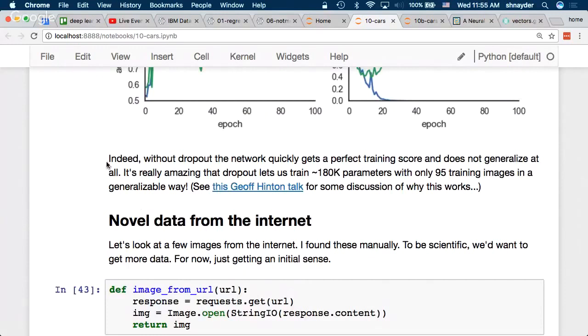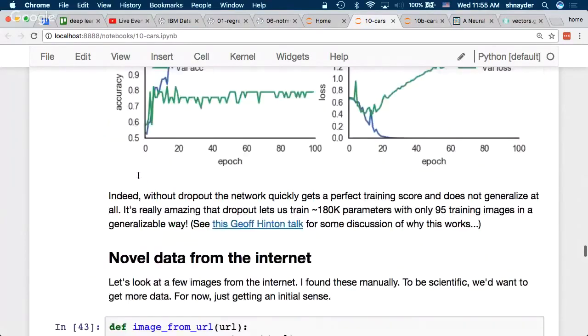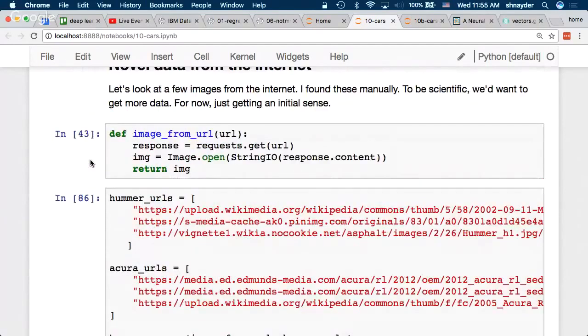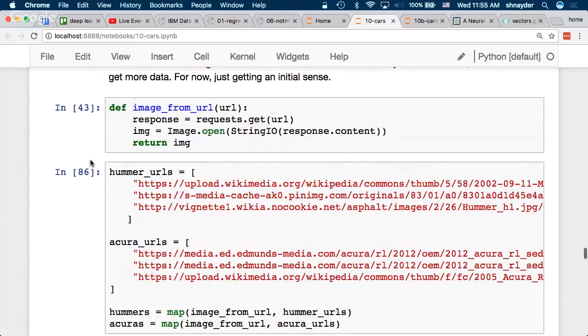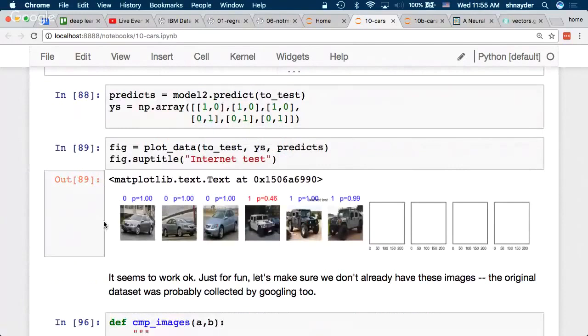Well, almost next. In terms of the next model, I was like, great, I know I'm going to try to use that thing, but I want to see how well I can do without it. And it's kind of surprising that you can do 85% without it. One thing that was interesting, given how few of these things there are, you could actually go get more data, and it'd be pretty easy to double your test size. I didn't do that. I just found like 3 images of each, just in Google, resized them, and said, okay, let's test it. And actually got 5 out of the 6 right, which is not conclusive because there's only 6 examples, but it's sort of interesting. It really is generalizing to something that I've never seen before.